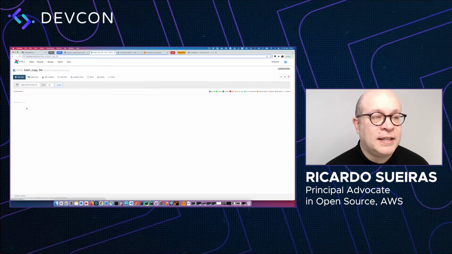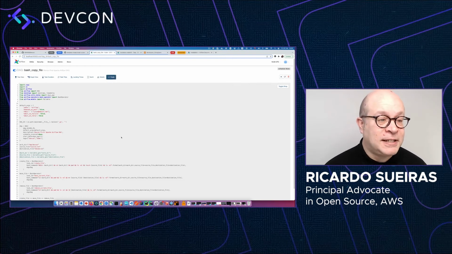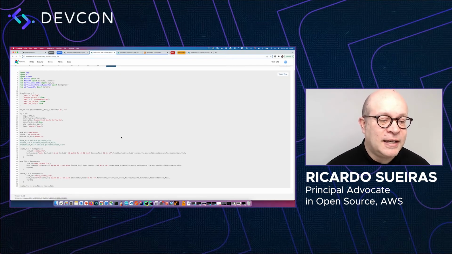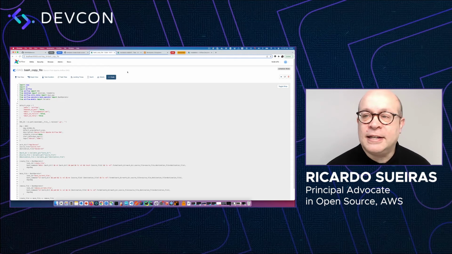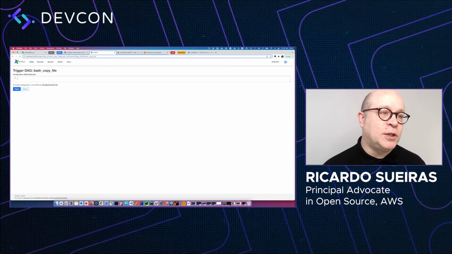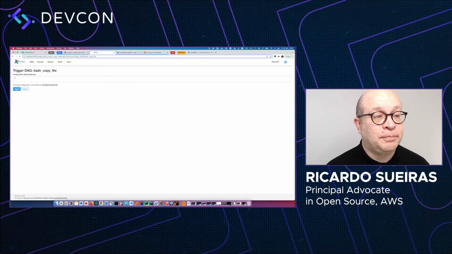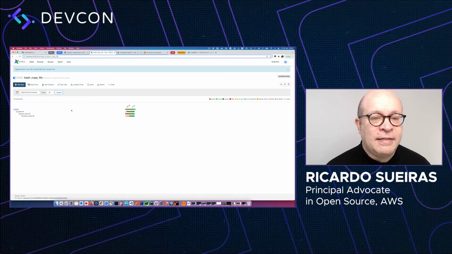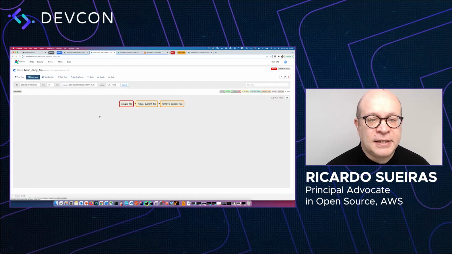So if we go into this, we can actually view the code of our workflow by clicking on the code. So we can see here that all that code we created is here. So let's now trigger this, and we can do this a number of ways. We can click here and trigger it, and when we trigger it, we get the option to enter some configuration information, which is optional but super useful if you want to create templated workflows which are driven by parameters you specify when you trigger them. In this instance, we're not doing that, and then we're going to trigger it, and we can see that this is running,